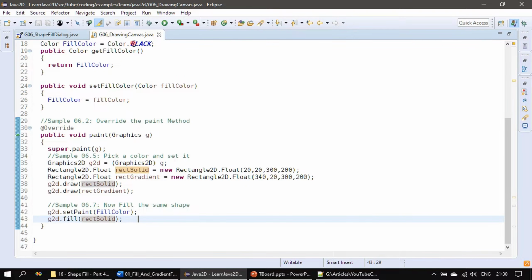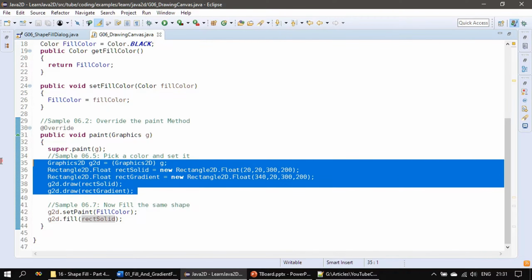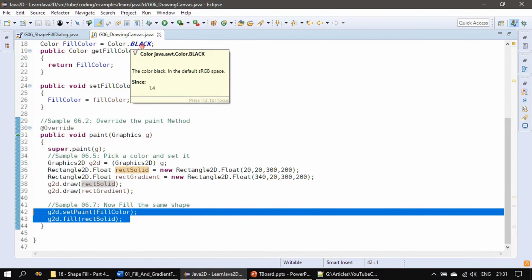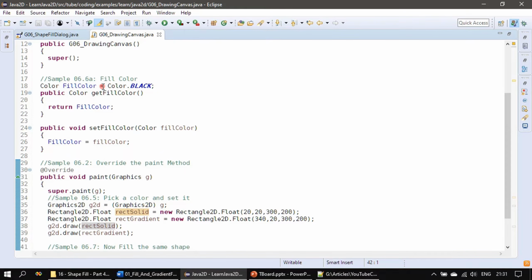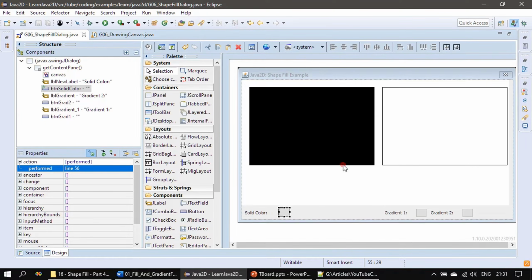Alright, here if you see, by default the color will be black, and when the paint method is invoked at design time, it will draw 2 rectangles. After that it will perform the fill, and when it is performing the fill, it takes the default color of black. So that's how we declare this member. Now we will go here, and when I move to design, you can see the rectangle is drawn with a black color. Now we will run this sample,